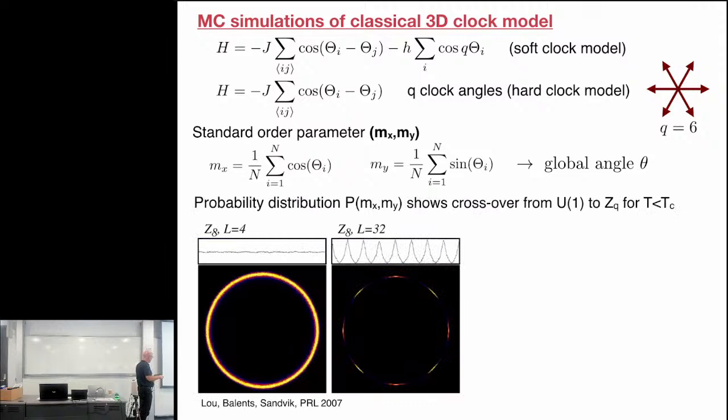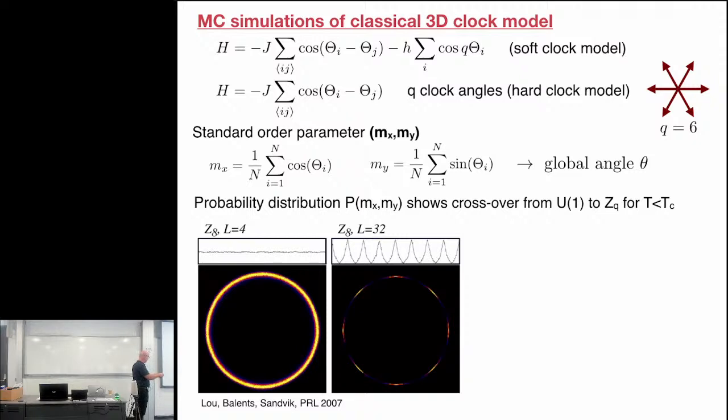Okay, let me show you some histograms of this mx and my collected in a histogram. So this is for the 8-state clock model, and it's a small system. But you see that this histogram looks completely like a ring. So it looks like it's U(1), like it's for the XY model. And this is the radial distribution here. Now, if you go to the same temperature, so this is slightly below T_C,